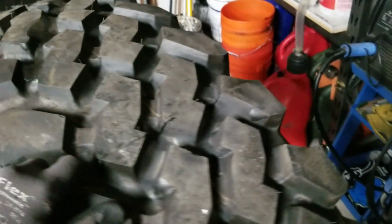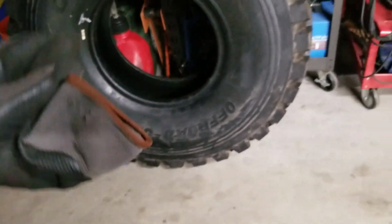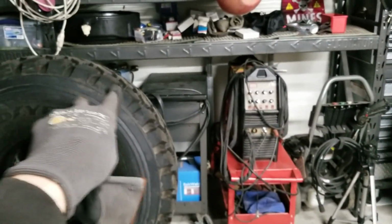I let Colony Tire know about it, and surprisingly, they gave me a complete refund on this tire. So customer service there is way above and beyond anything I expected. And it doesn't really matter because I'm going to be doing both the truck and the trailer. And so I'm going to use these two,